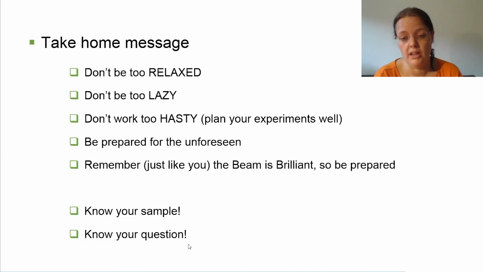So we often have people that come to the beamline and they measure their SAXS measurement and then they just smile at us and say, so? We're like, well, what do you want to answer? They're not really prepared to understand what is the information they want to gain with the SAXS experiment. If you really understand the question, do I want to see a conformational change between an open and a closed state? Do I want to see the oligomerization? If I know my question, I can interpret my data very quickly at the beamline and say if the quality is sufficient and if this is the best that I can get out of the sample at my beamline.